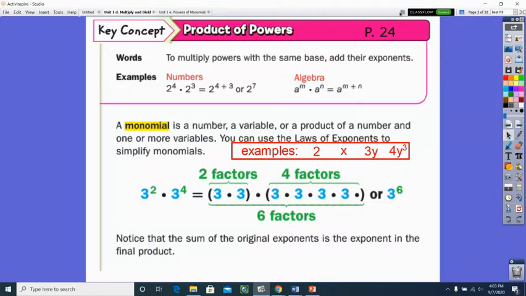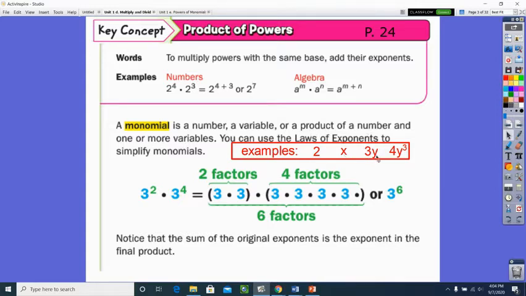So if you look at page 24 in volume 1 of your workbooks, we're going to talk about a product of powers in a minute, but what I'd like to do is jump down here to see what that word means. So first of all, the prefix mono usually means one, and monomial means one term. So this is the idea of one term. So a monomial could be a number, like 2, a variable, like x, or a product of a number and